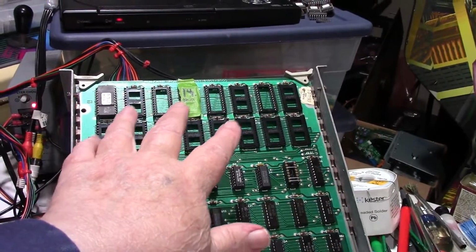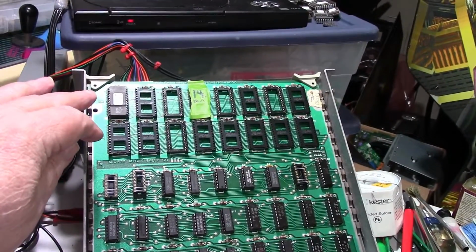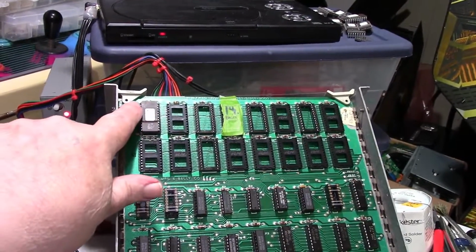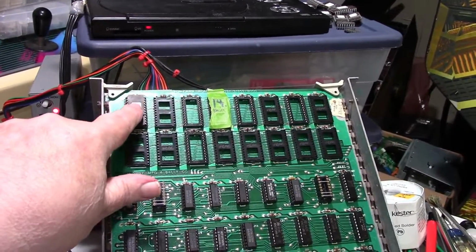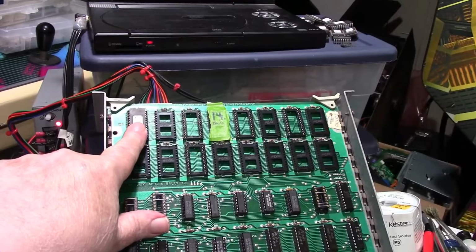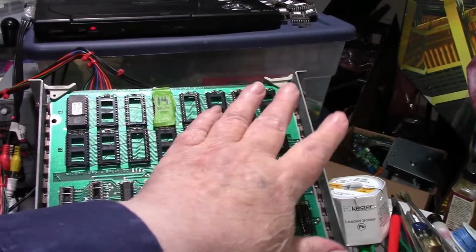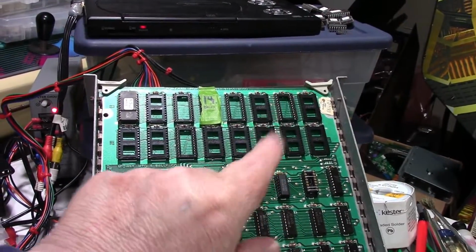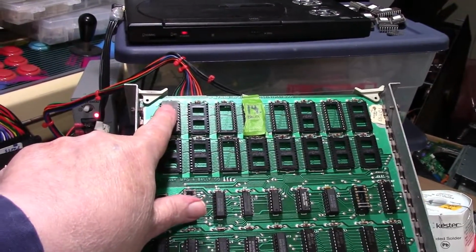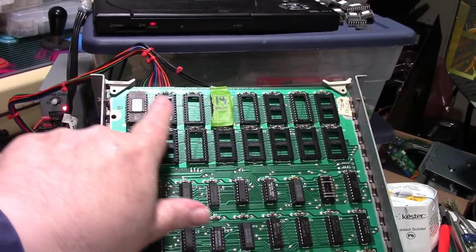This board had masked ROMs on it, and the legs on them were rotted. The one in X1 right here, the legs had actually broken off. When I pulled the chip out, the legs were stuck in the socket. So I replaced this socket. Now, at the time, I didn't replace any other socket on the board except for one. This socket right here. So back in December of 2020, I replaced this socket and I replaced this